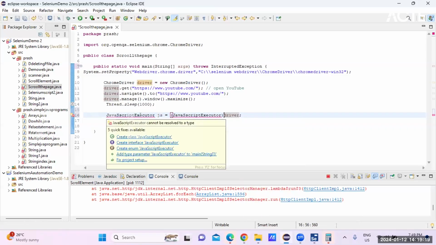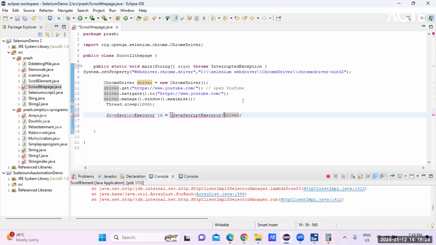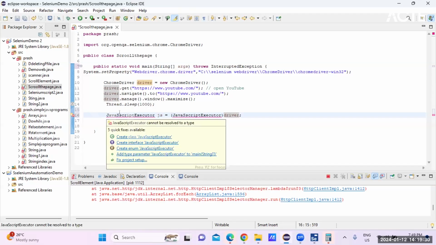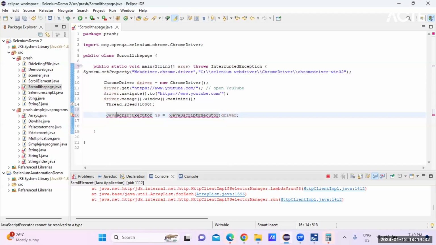So now you have to import the JavaScript. Java, so a double has come. Okay, so now I'll import